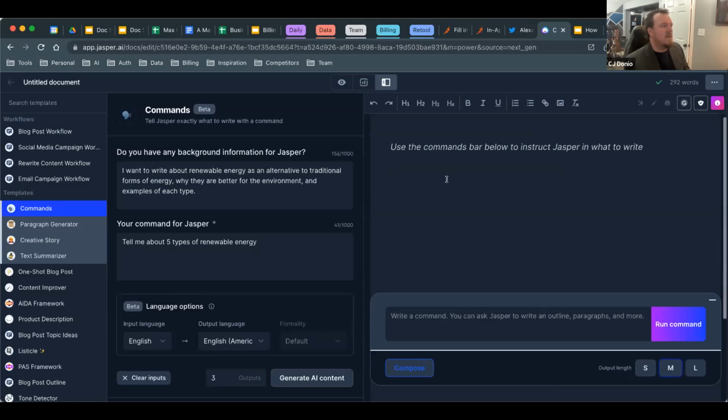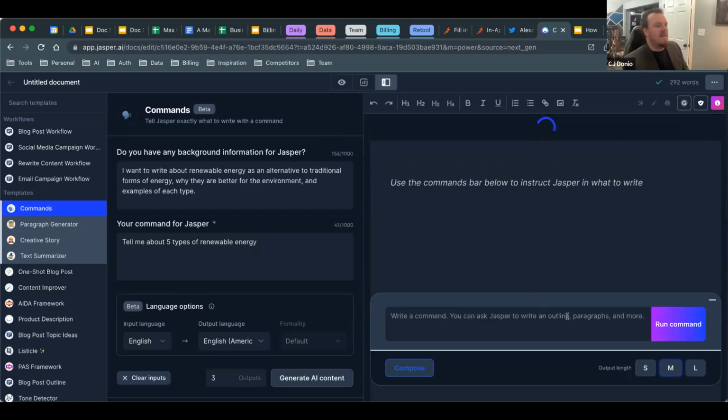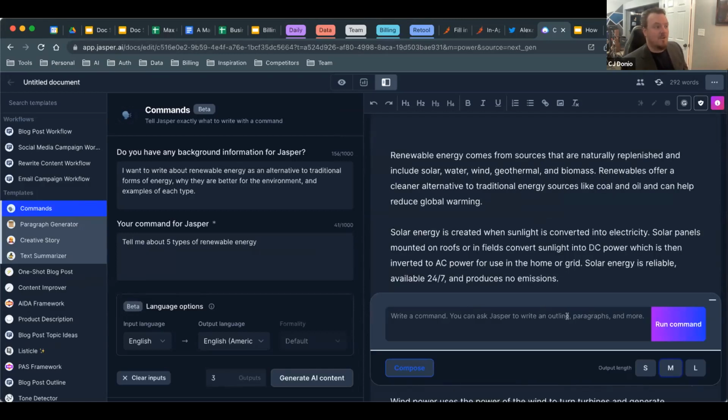Okay, he's loading here. And a couple things to point out while he's loading. There's actually several ways I'm going to show you on how to run commands. You have this command bar. There's a cool hotkey that I'll show you that you can do. And then all those templates I was just seeing before are now here on the left.